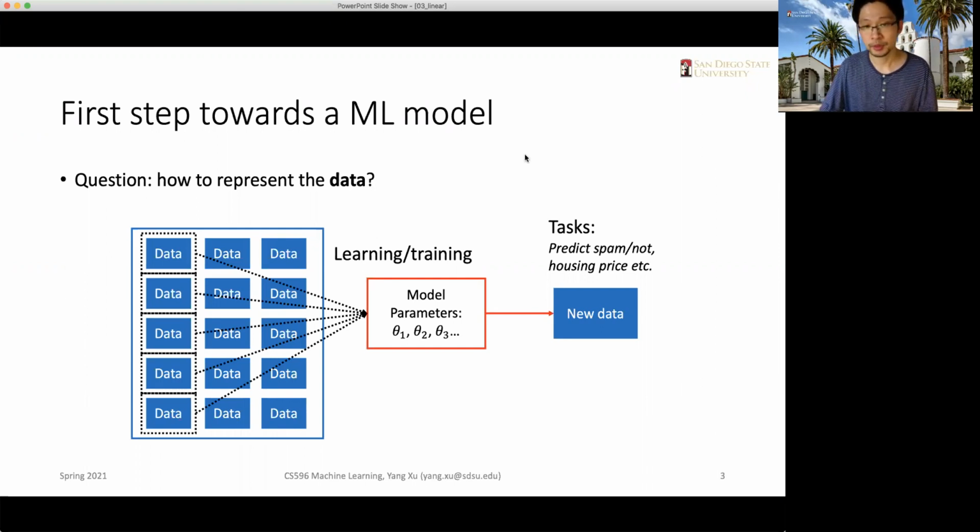We basically want to build something in the middle, within the box, that contains a set of parameters. Those parameters are used to describe the data that it has seen from a large collection of real data in the real world. So the typical machine learning model needs to take a piece of data from the real world and